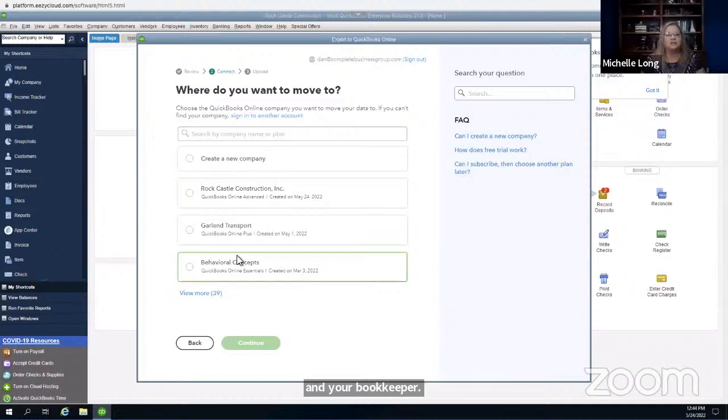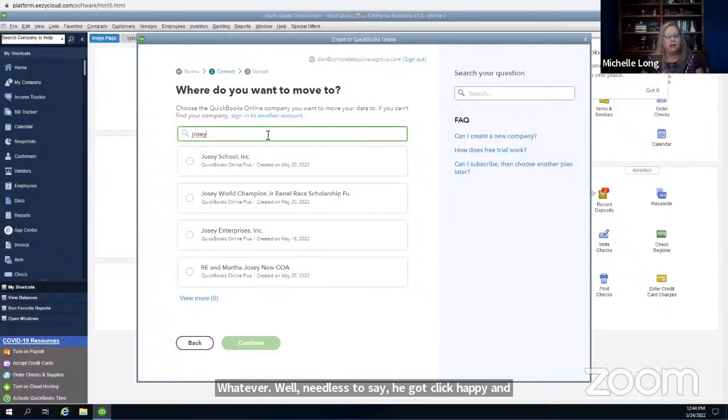One word of caution here. Yes, it is a best practice to create the company and set up that subscription in QBO other than through here, so it is a good idea to do that first. But when you're going through here as the accountant, you're going to see a lot of your clients listed. Be very, very careful. I had this one guy who had Blue Summit Gas, Blue Summit Tire, Blue Summit whatever. Needless to say, he got click happy and clicked the wrong company, and you can reconvert from desktop to QBO, but when you do, it wipes out what's there. So be very, very careful.